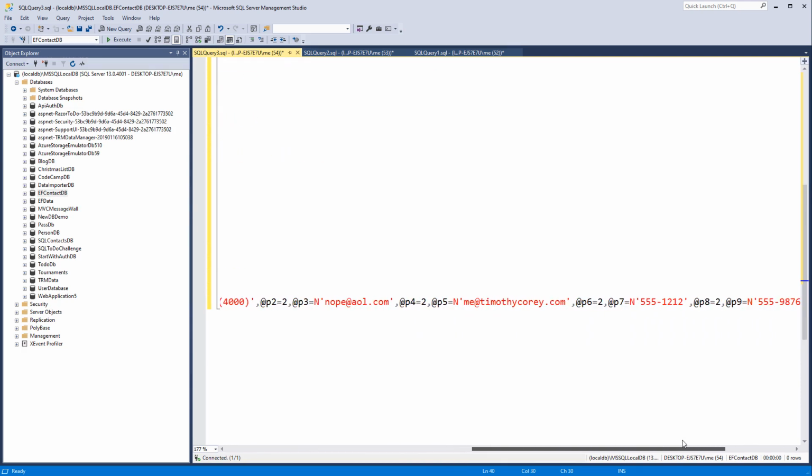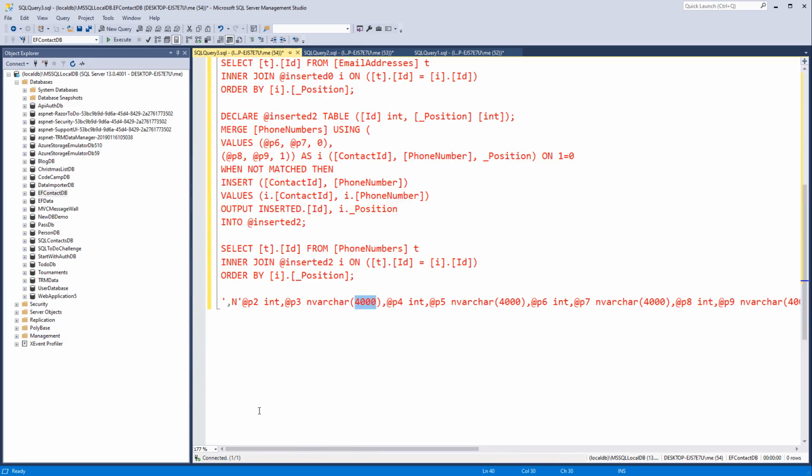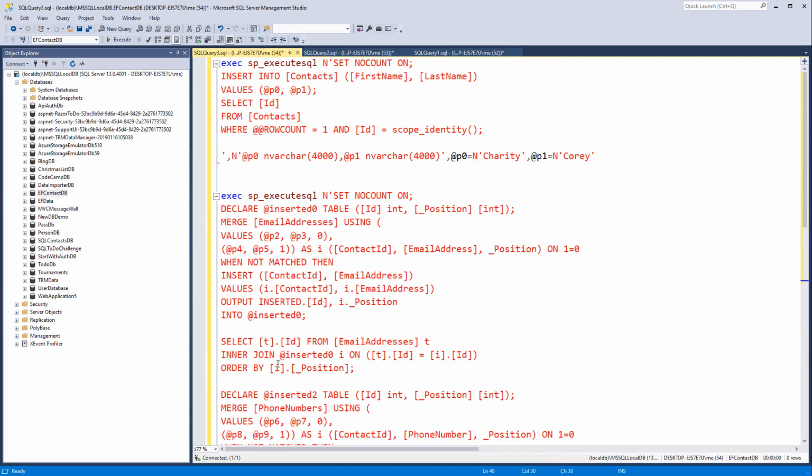So there's our actual values that are mapped out. And this is the query that gets run. Now, this query is much more complicated than what we would have written, or what we did write for our SQL. The difference is we wrote it manually versus C# writing it for us. However,